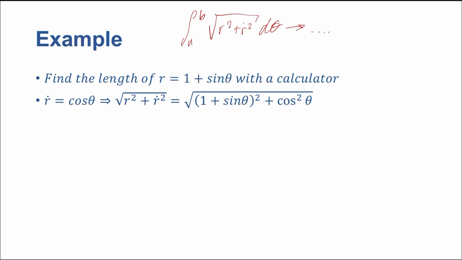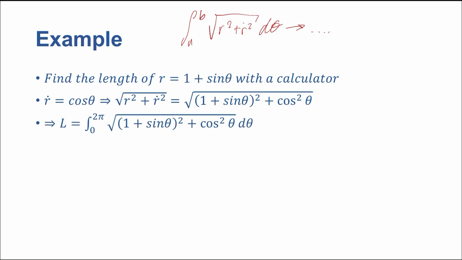Anyways, we will get r dot is equal to cosine theta, obviously, and now we can find the square root of r squared plus r dot squared. We get the square root of (1 plus sine theta) squared plus cosine squared theta. All right, so now all that's left to do is plug this into our integral formula. So the length is equal to the integral between 0 and 2 pi, so we want